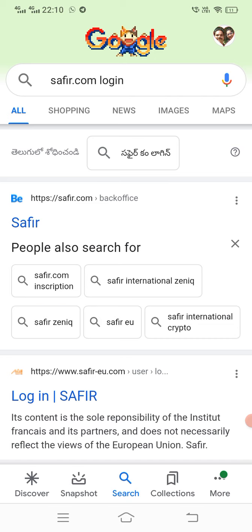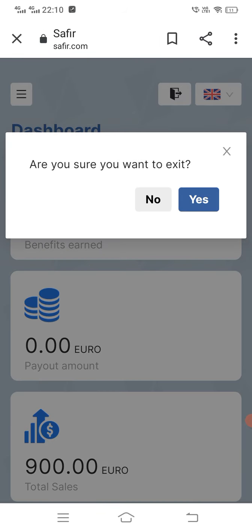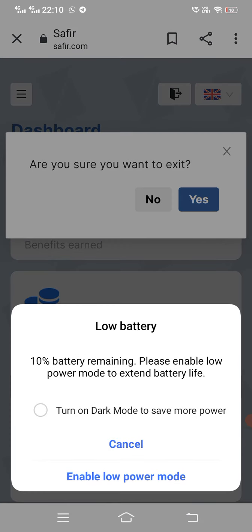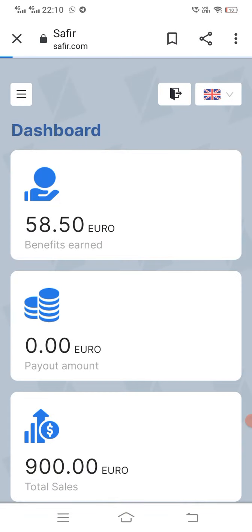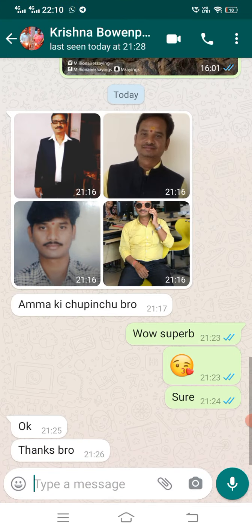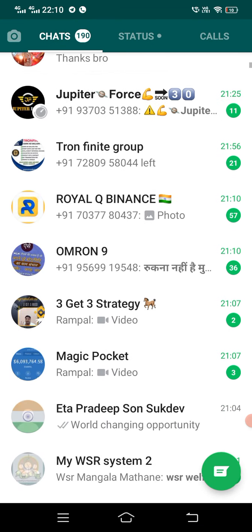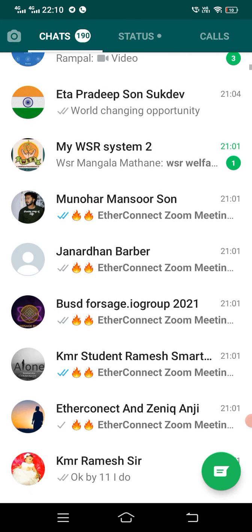Let me go to login first. I'll show you. This is the website. You can go to Google and type safir.com. Let me log out first and log in with this ID. I need a username and password.